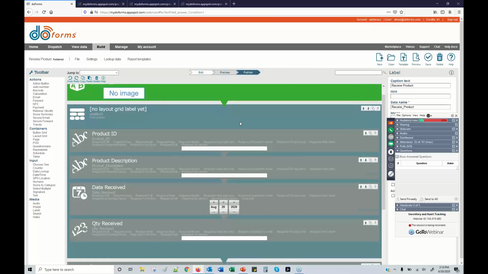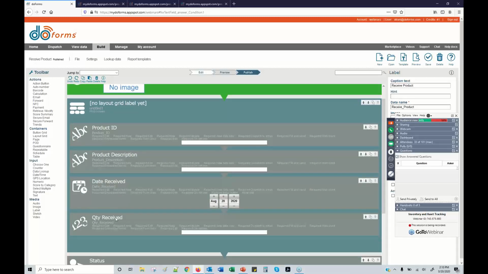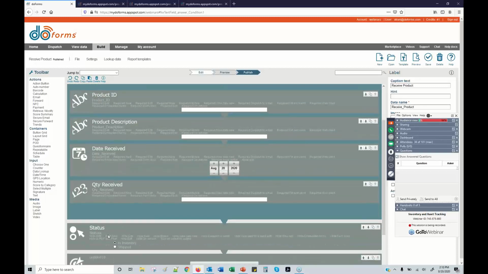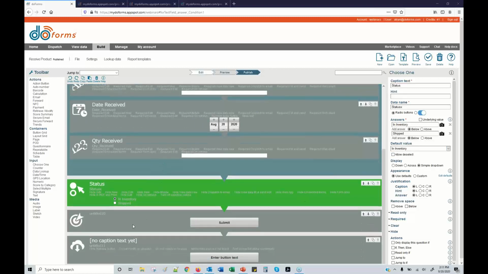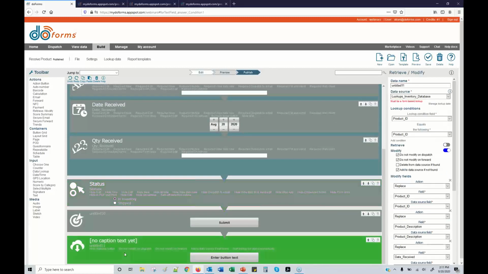The first part of the form is pretty straightforward. A couple of text fields, numeric fields for the quantity, and a date field for received. What I'm doing with the status is I have a hidden choose one question that has two potential answers: in inventory or shipped. I have it set as a default value of in inventory because this is the receive product form. So when it gets received into inventory, its status should say that it's in inventory. So I default that to in inventory, a submit button, and then at the bottom here, I have a retrieve